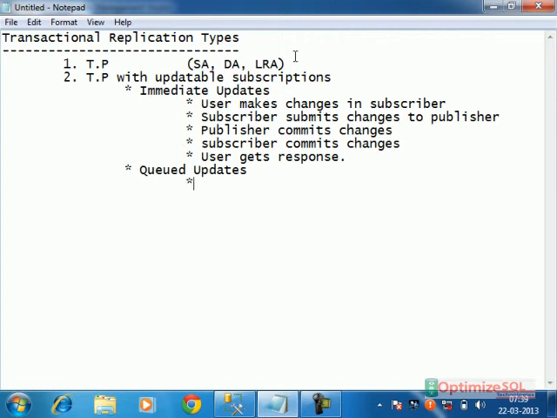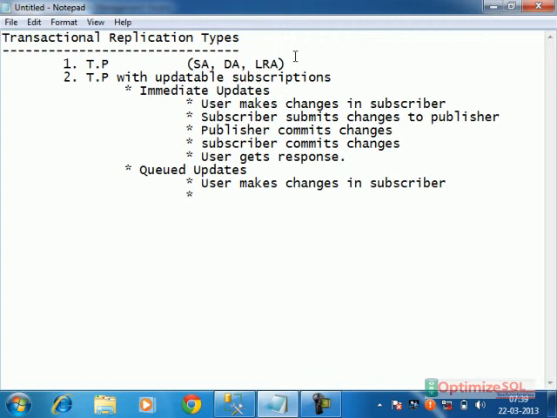Whereas in queued updates, same thing: user makes changes in which server? Subscriber. Then what will happen? Subscriber commits the changes immediately.